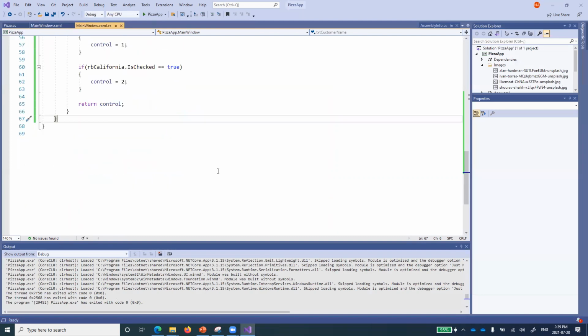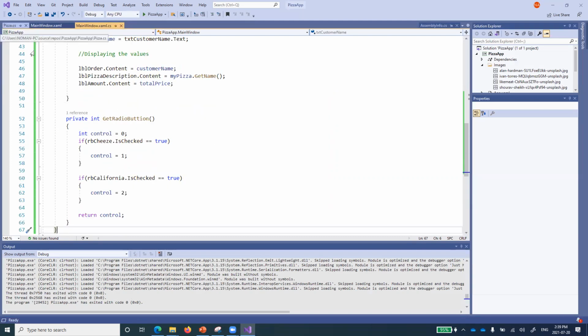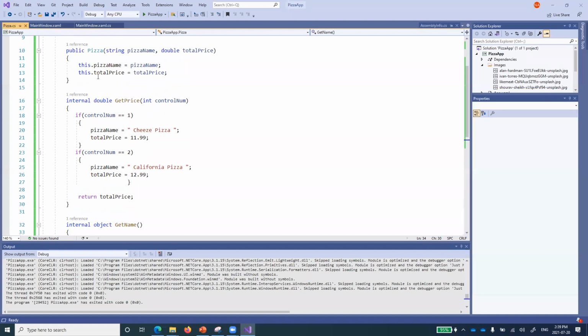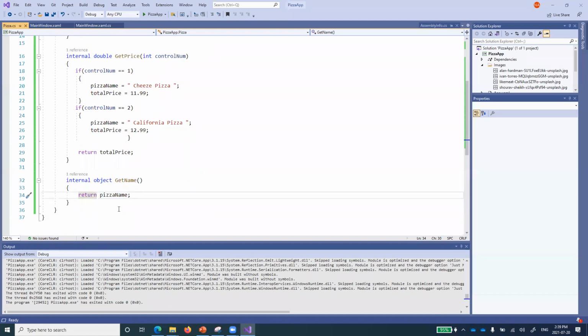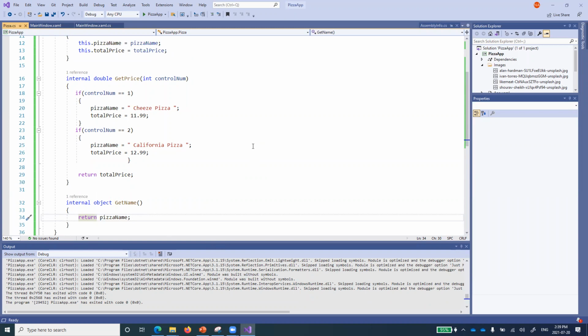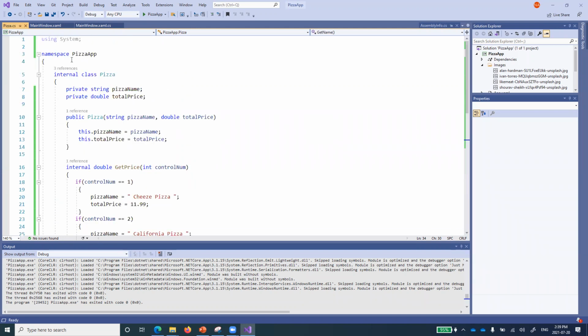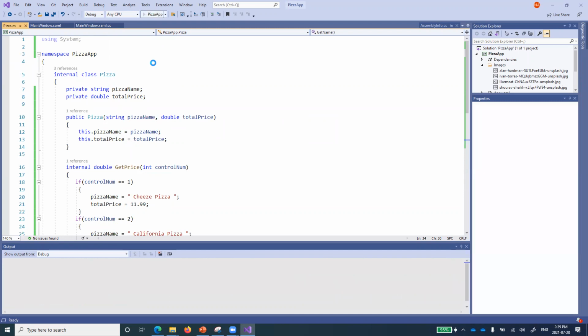You say get name. Get name has to return only the pizza name, because pizza name is the class object, right? So just return the pizza name. Now, only two people have said, Baldeep and Monarch. Rest, everyone, please come up and let me know that you are able to successfully run this one.